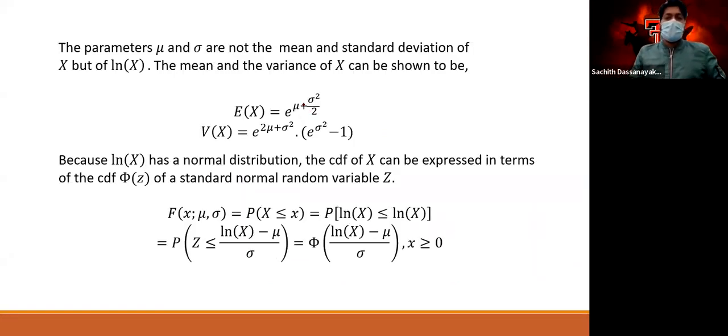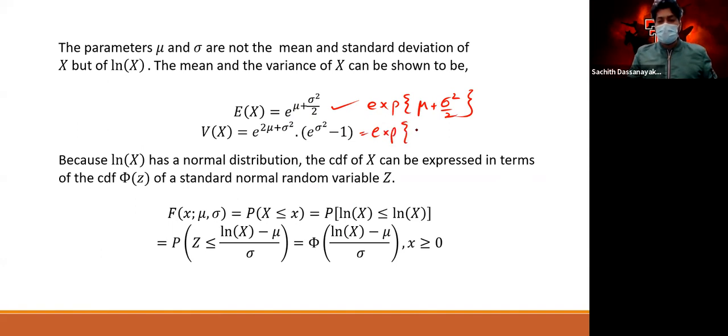Check this one. The expected value of the log normal distribution is this one. Everything is e to the power, exp, you can write it like this: exp of mu plus sigma squared over 2. Same here, the variance you can write as exp of 2 mu plus sigma squared, times e to the power sigma squared minus 1. Okay,